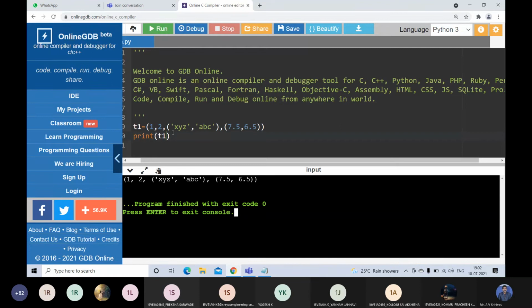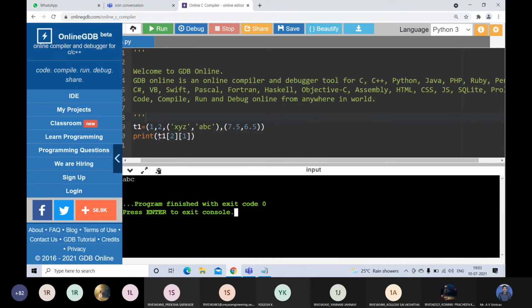If you want to access the element ABC, what is the index? T1 of 2, 1.